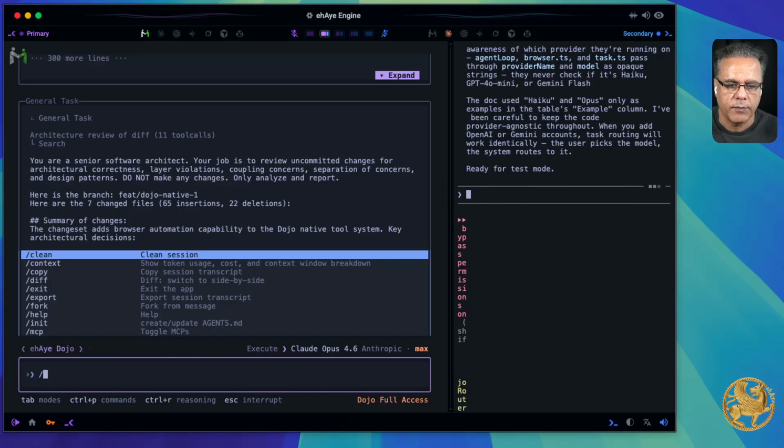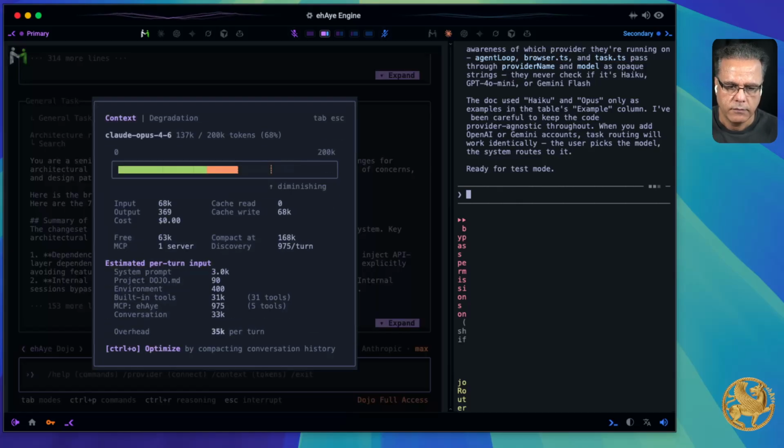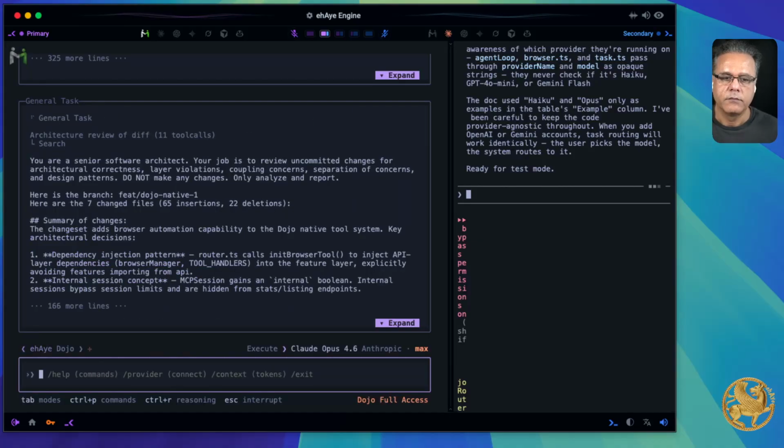Watch this. I'm going to go to optimize. All right, I'm back. Let's keep going. The user wants me to continue with whatever next steps remain. We hit the diminishing point, and he just kind of brought it back. Based on the compressed summary, the review findings were completed but never delivered to the user. Let me deliver the structured review findings now.